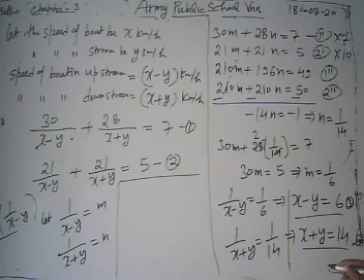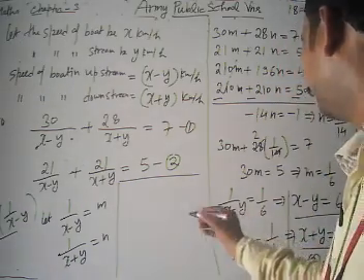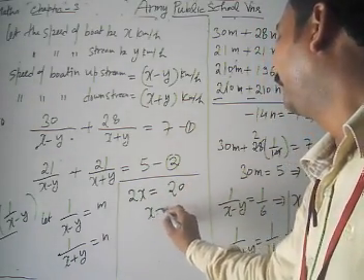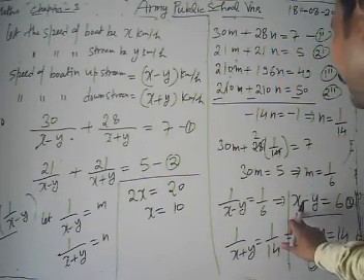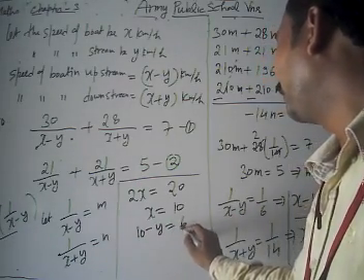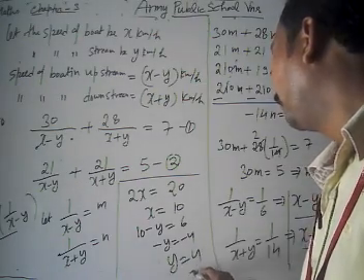We are going to add equations 3 and 4. Then what do we have? x plus x, and y is eliminated from there. Then we get 2x is equal to 20 and the value of x is 10. Putting the value of x in equation 3, 10 minus y equal to 6. Then minus y equal to minus 4. Then y is equal to 4.